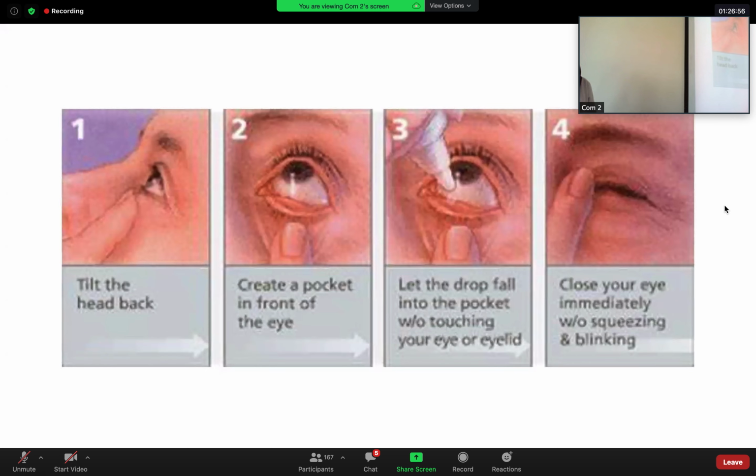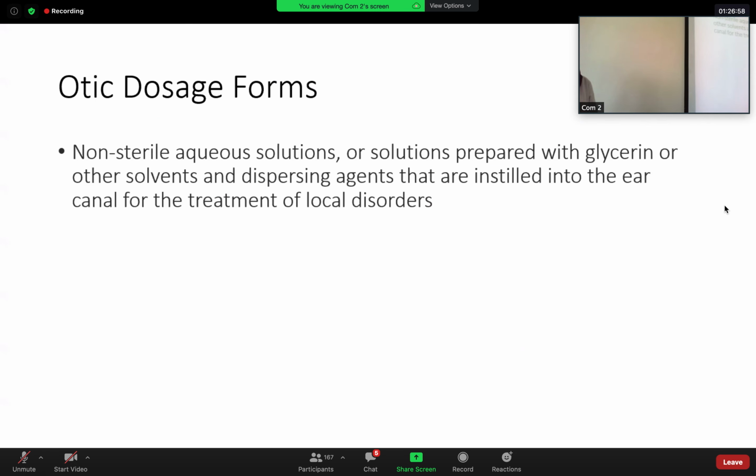This is an example of the administration. The last is the otic dosage form. Some of them are non-sterile, aqueous solution. They are administered onto the outer side of the ear. Others, they are installed into the ear itself for